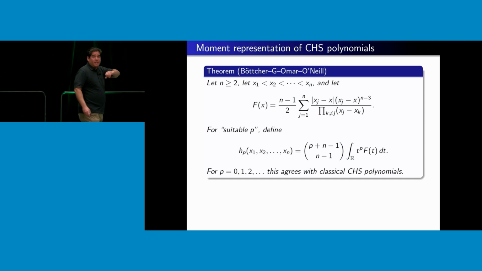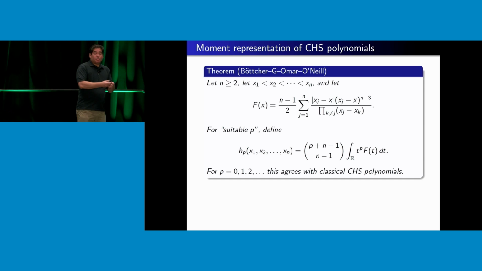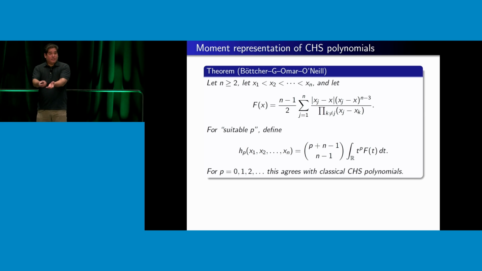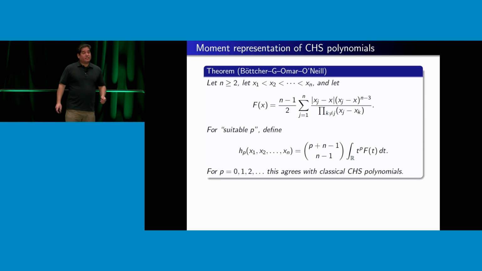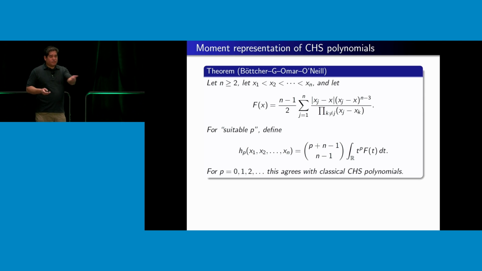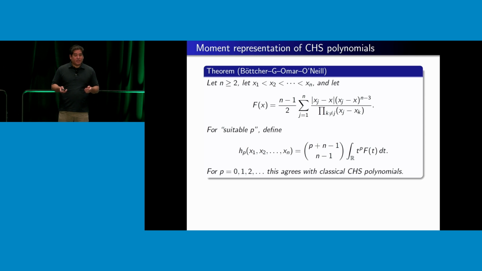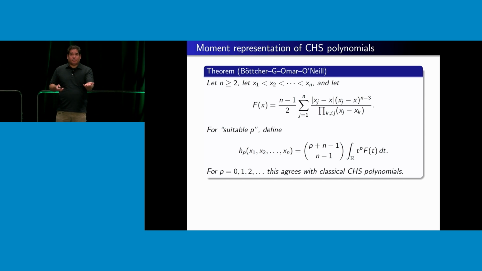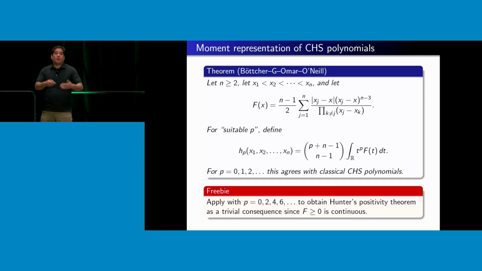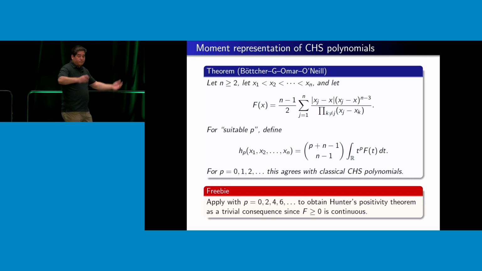Well, I mentioned that important formula, the moments are tied asymptotically to the CHS polynomials, right? The pth moment of this capital F function is the pth CHS polynomial in the variables x1 up to xn. So what happens here is kind of cool. We've got this formula that says the CHS polynomials are moments of some probability density. And F is a probability density. It's always non-negative. So if p is even, I'm integrating some positive stuff. So the result is positive. And that basically gives Hunter's theorem as a corollary. It's a probabilistic interpretation of Hunter's theorem. I think there's a better one that I'll explain later on, but it's kind of cool.